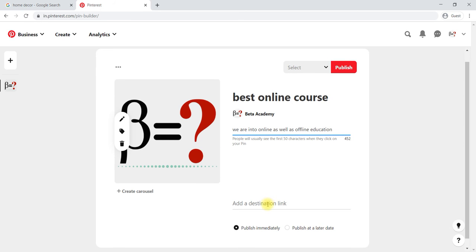Then add a destination link. Any link you would like to add, you can add, like a website page or anything like that. Once you have added a destination link, if you have a product page or specific page, you can directly copy that link and paste it here.